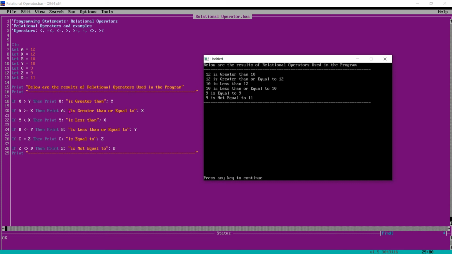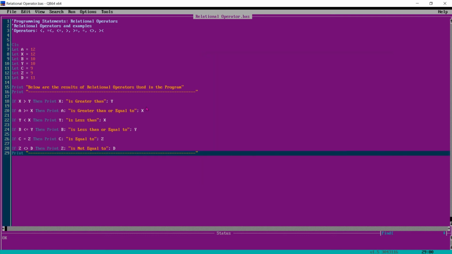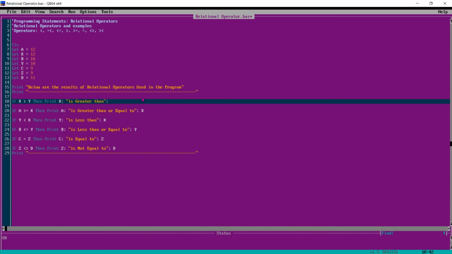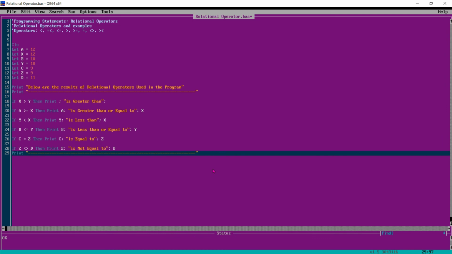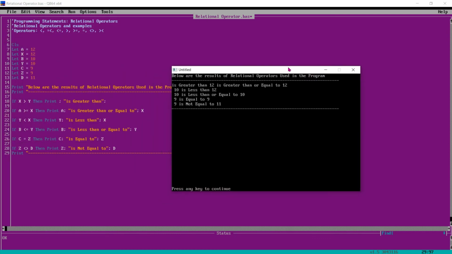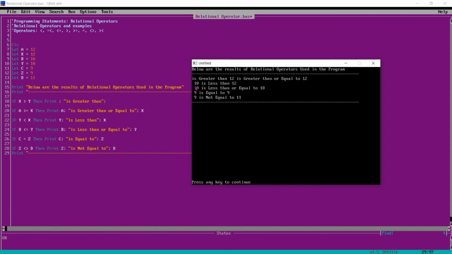We can remove this. What will happen if we don't write it? It will not give a meaningful output, or it will not print anything meaningful. If I write, if x or y is, then print. If I remove this, it is showing x. We can remove from here. First check whether there is an error or not. No. Now we see it is not making any sense.